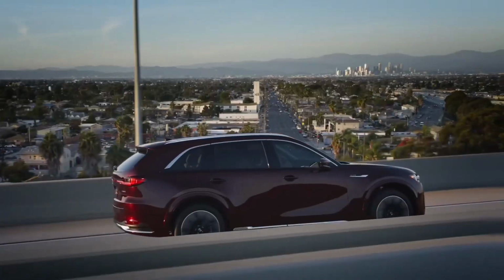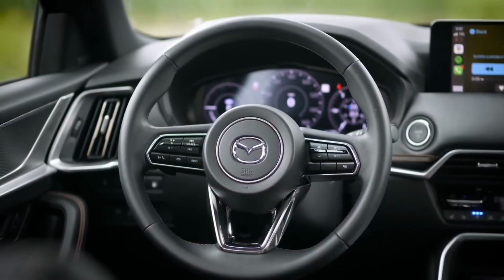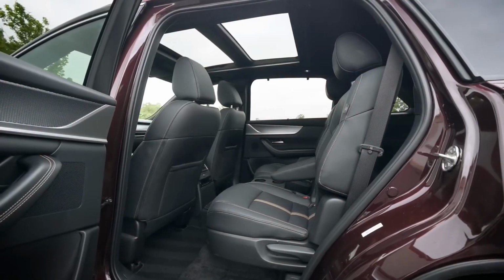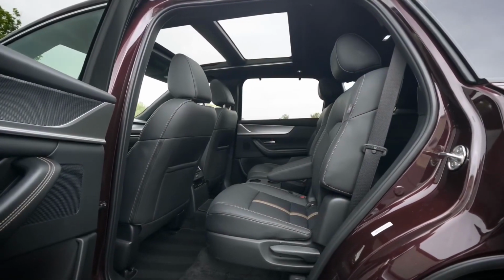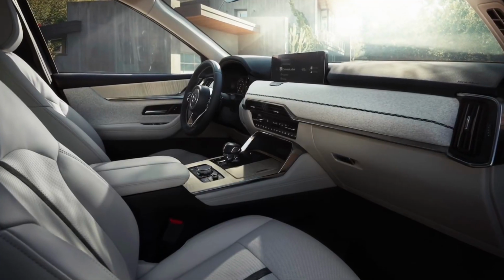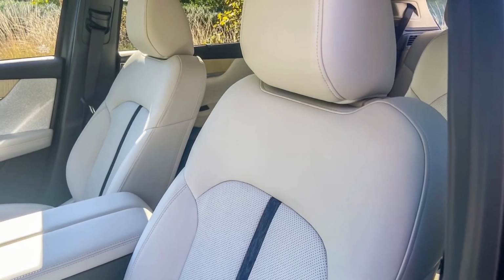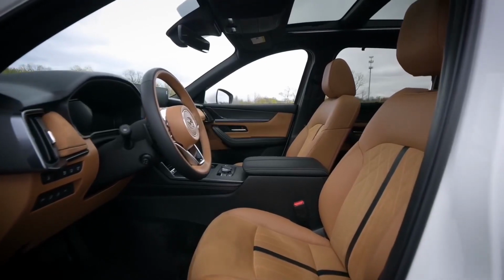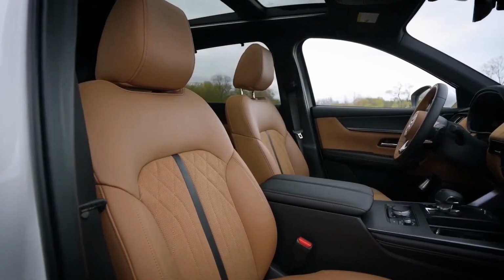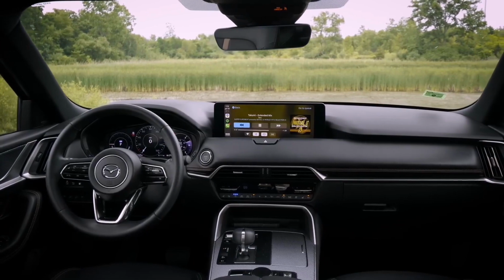To accompany its upscale exterior, Mazda has endowed the CX-90 with a stylish cabin design that features room for up to 8 passengers. Opt for the second-row captain's chairs and the total seating drops to 7. The fabric dashboard upholstery in the high-end models looks striking, and the seats in those trims are also wrapped in soft Nappa leather. Base select trims are less plush but no less handsomely styled. Although leather is standard starting on the preferred trim, the more upscale and buttery-looking Nappa leather upholstery is reserved for premium plus